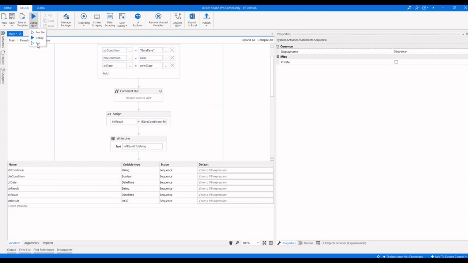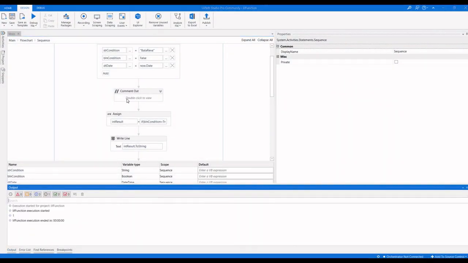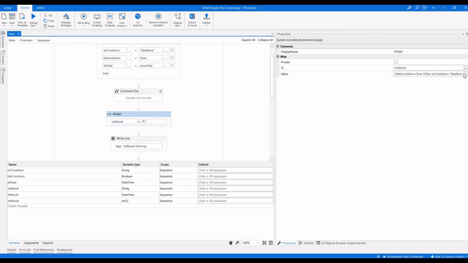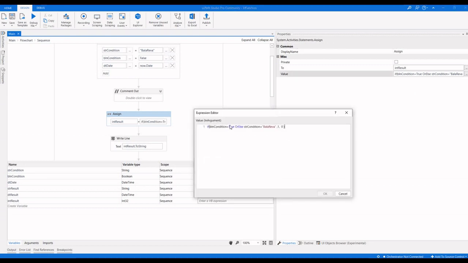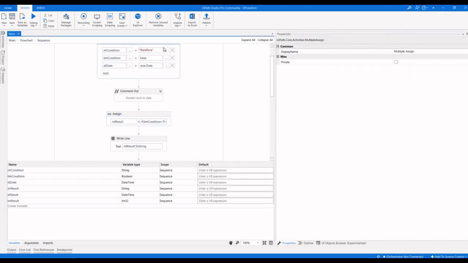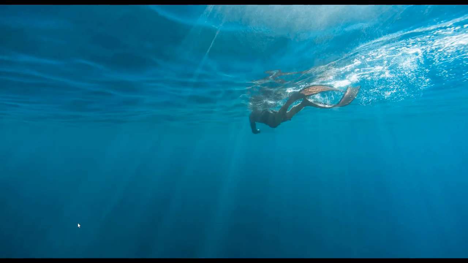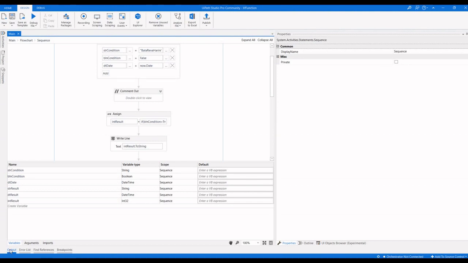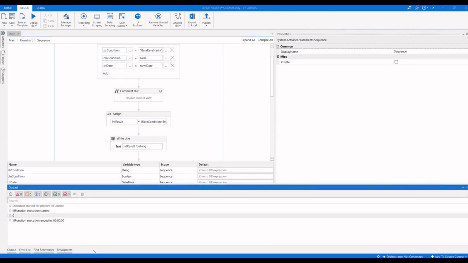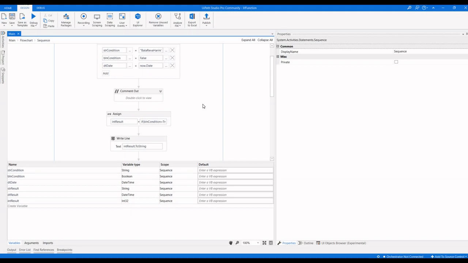Okay, but now it will also return 1. Why? Because we are using the OrElse condition, so any one condition should be true, and here the str condition is true, so that's why it's returning true. But if I change it to Balareva Harini, then it will return 0, because it should not meet the two conditions. Okay, I think you understand very well.